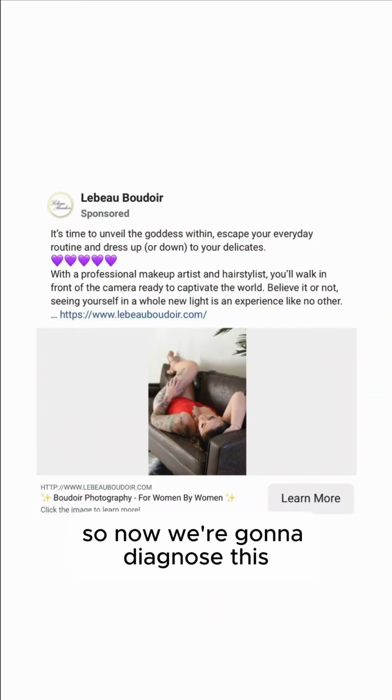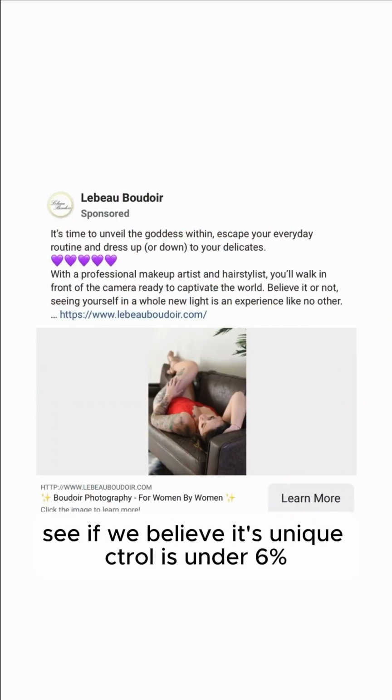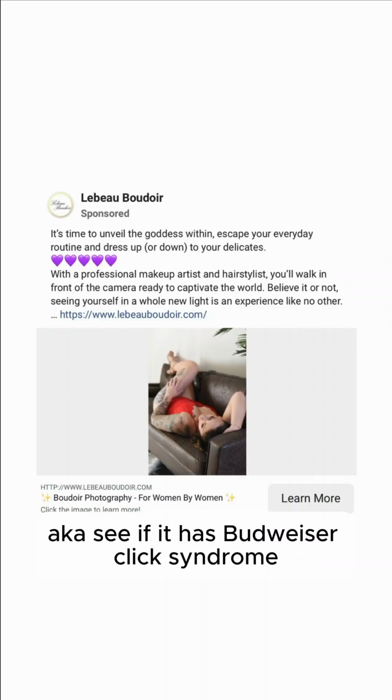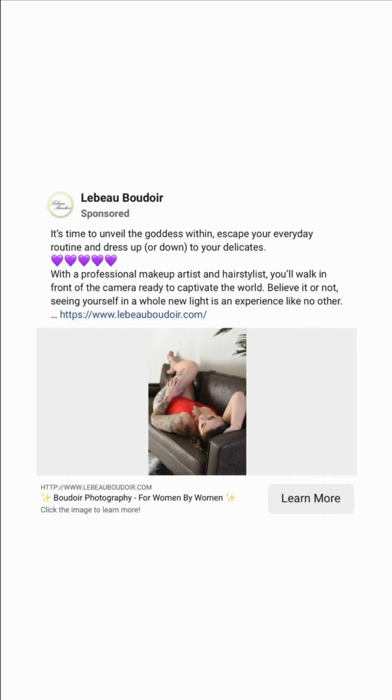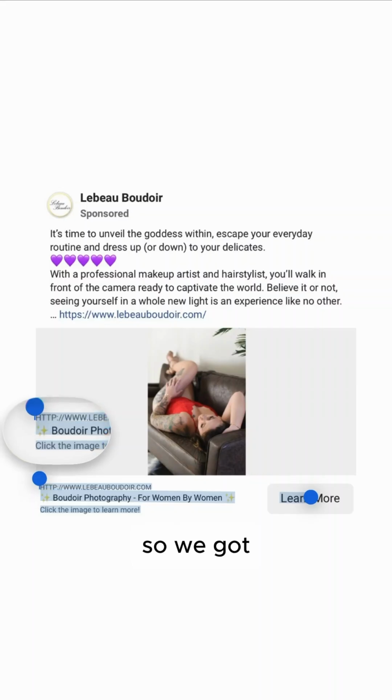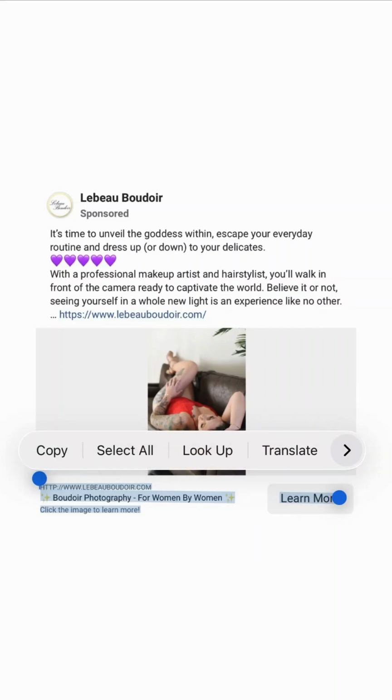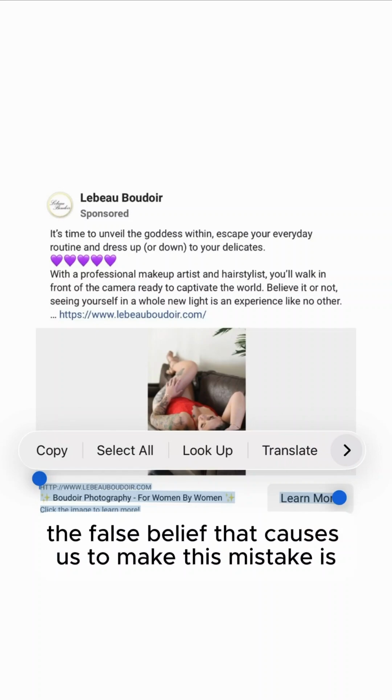Now we're gonna diagnose this if we believe its unique CTR all is under 6%, aka see if it has Boudoir low click syndrome. So we got the below creative cluster mistake. The false belief that caused us to make this mistake is